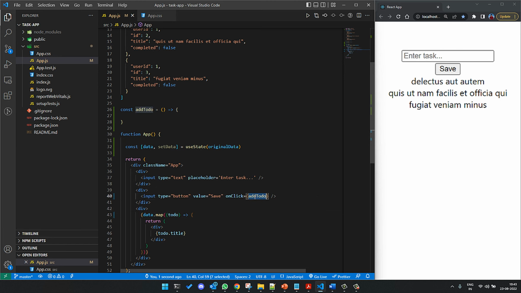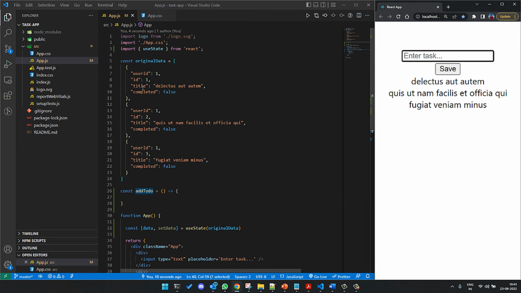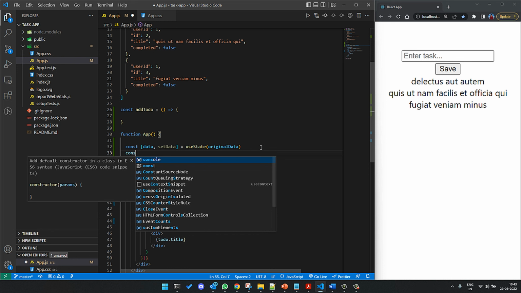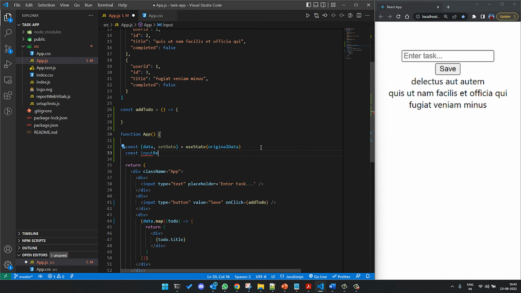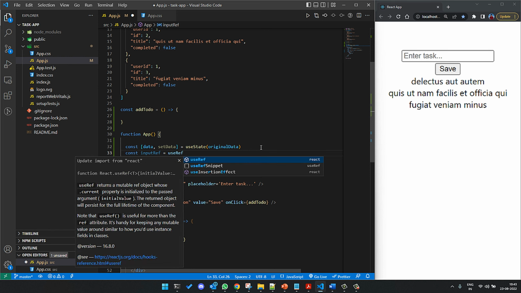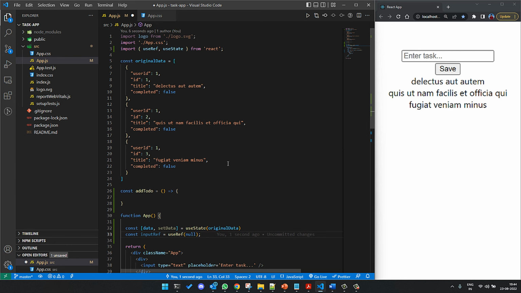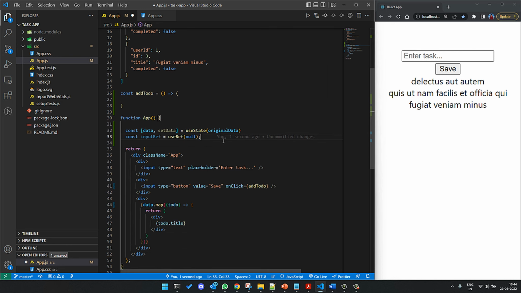Now on clicking this, what you want to do is grab the text in this text box and append that text to this list here in this format. So we would also use another useRef hook. Let's call it inputRef, useRef. Let's start with null. These hooks should automatically be imported. Yeah. We want to place this reference on the input box. So we'll do ref equals